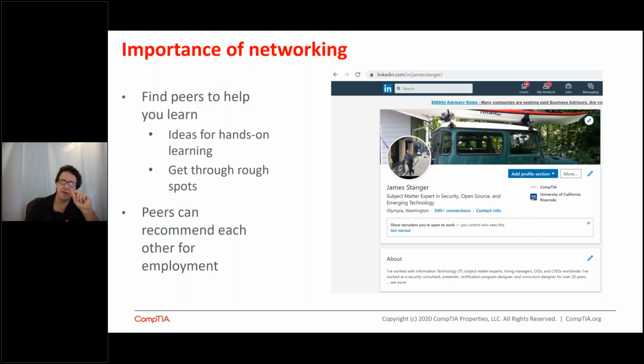Network, because it's very important as you start to learn about these things in a hands-on way. Whether you're studying for CompTIA certs or for whatever training program, get hands-on with it. Work with people to get virtualization going, to download VMs from the internet that are vulnerable, and you can learn how that works. And you can think in terms of red and blue team. You can think in terms of, how would I enable governance or compliance to this? Things like that. And peers can also recommend each other for employment. So it's an idea.